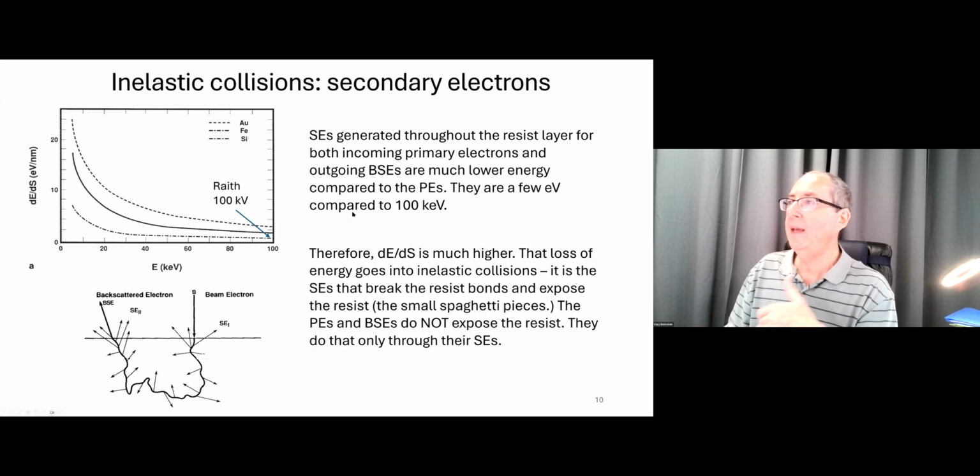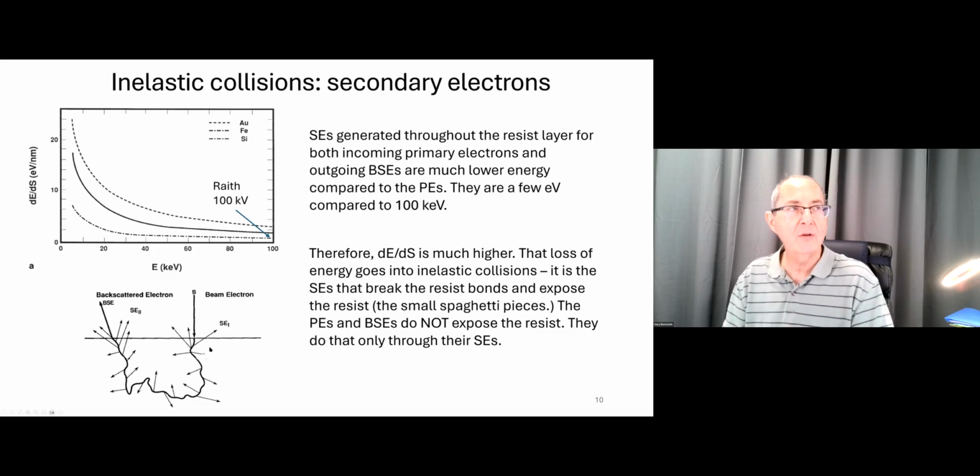So the primary beam creates secondary electrons, and secondary electrons are really low energy. So the energy of a secondary electron is on the order of a few electron volts, say 10 electron volts, maybe 50. And there are some secondary electrons that go all the way out to like 1,000 electron volts of